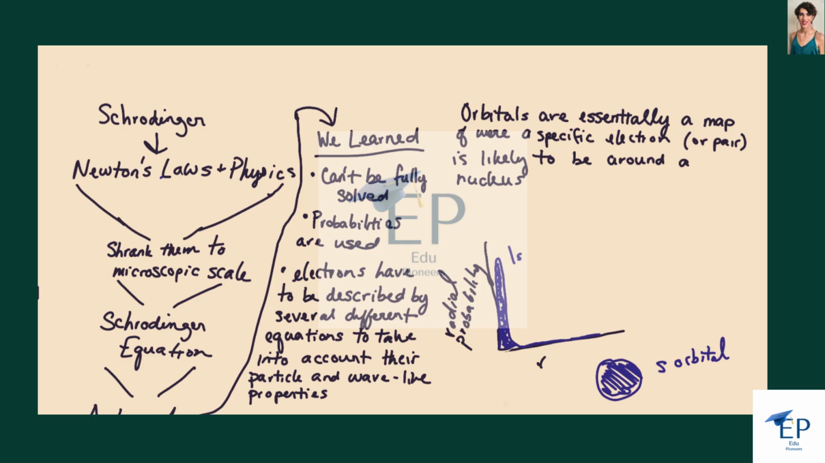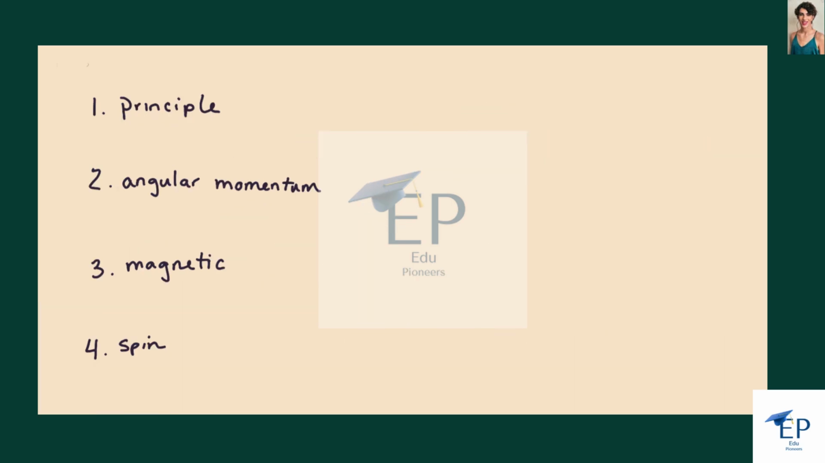And so when you plot that in 3 dimensions, that's how you end up with the s orbital looking like this big round ball. And when you do that over and over again for all the different orbitals and all of their different equations, that's how you end up with the different orbital shapes. So moving forward, we have our 4 different